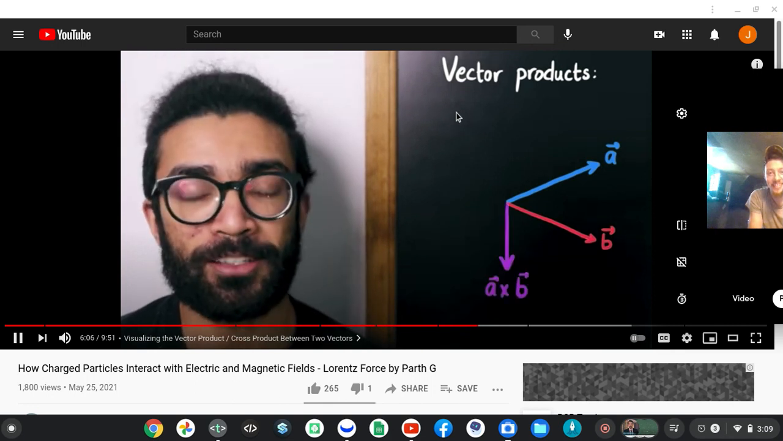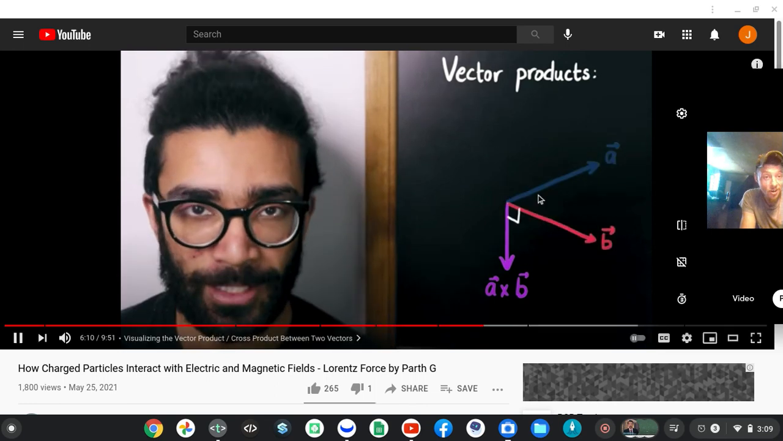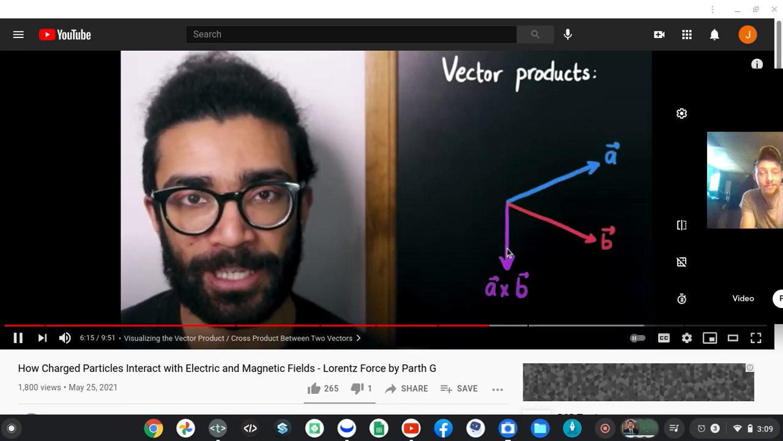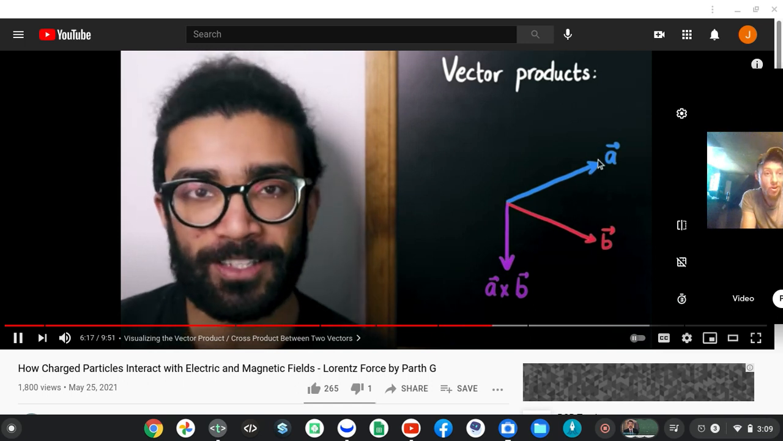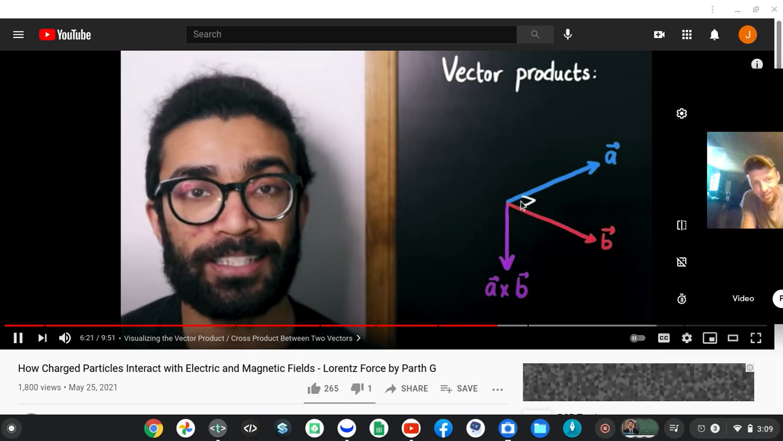Then the end result is going to be another vector that is perpendicular to both A and B, and whose size and direction depends on how well A and B are aligned with each other. Now, as it turns out, if A and B are exactly perpendicular to each other, at 90 degrees to each other,